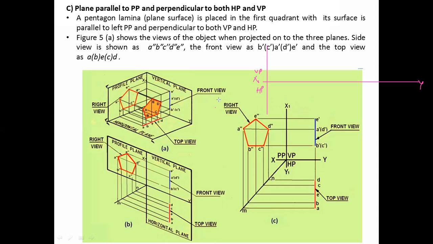Okay, so first of all, from where should we start in this problem? Which view can we draw first?